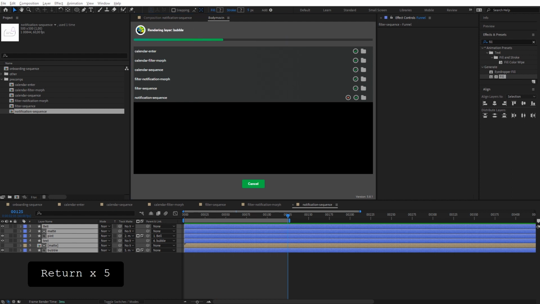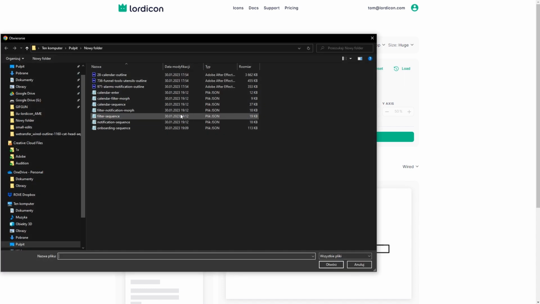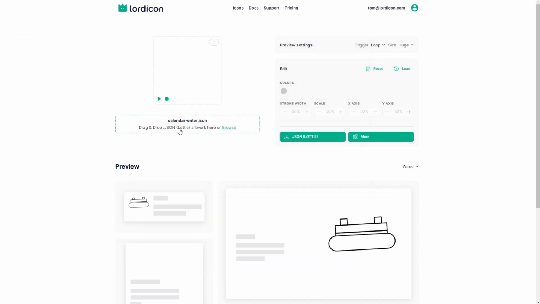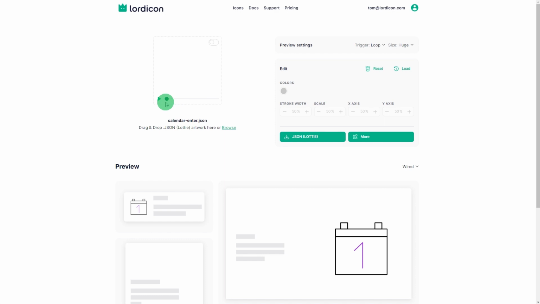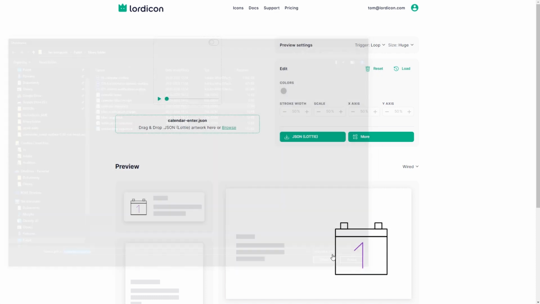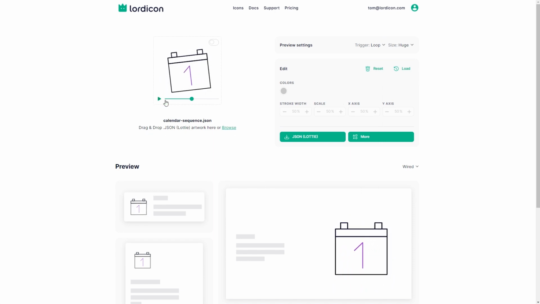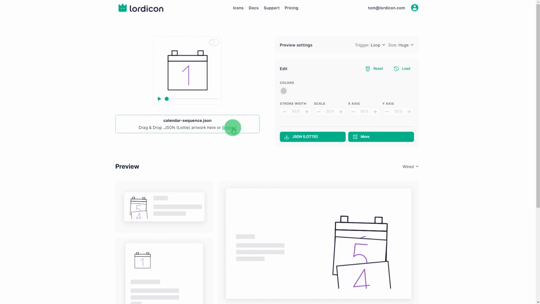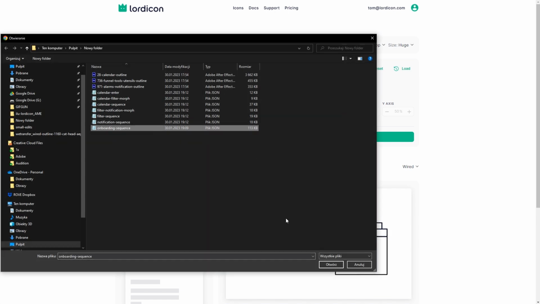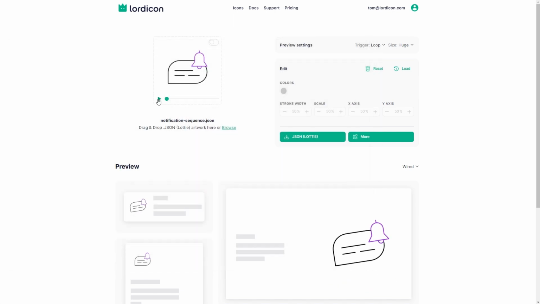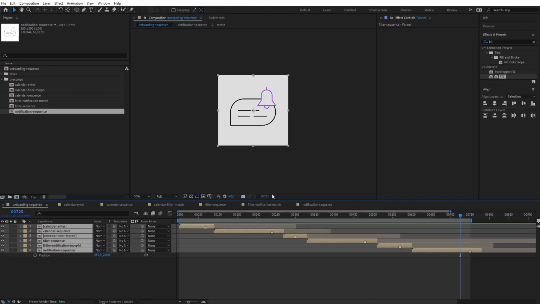Now let's jump back to Lottie icon editor, and as you can see, you can have individual animations that you can load with your code at whatever time you'd like, for example, notification sequence like this. And yes, this is how easy it is to create animations based on existing icon animation and render them with